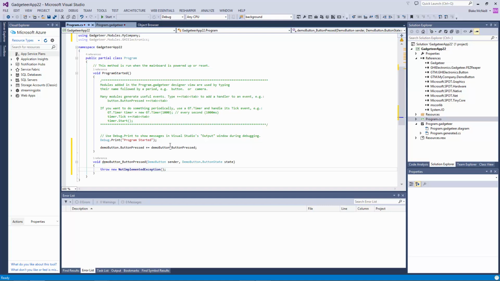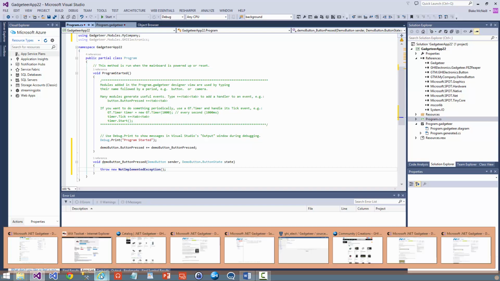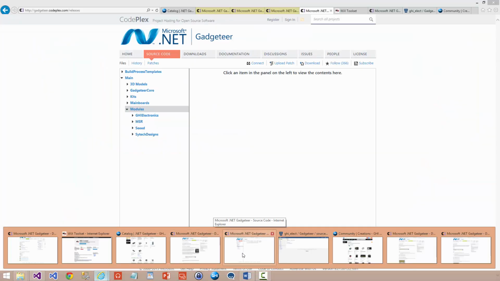And so I think this is one of the nicest features of Gadgeteer, how the hardware details are abstracted away, so software developers can start building devices right away without having to know the details of the hardware. Now, if you're a hardware developer and you want to see some examples of